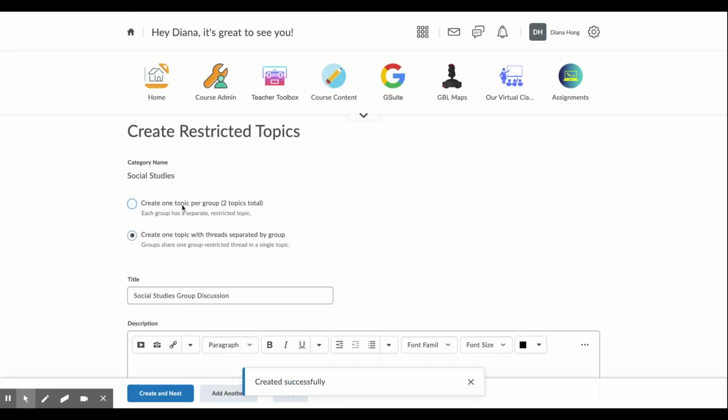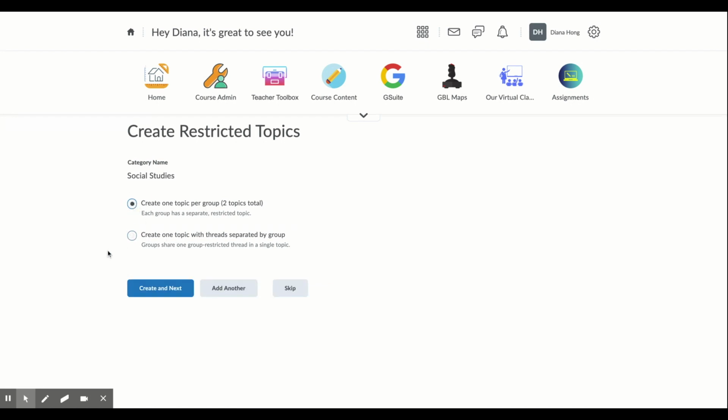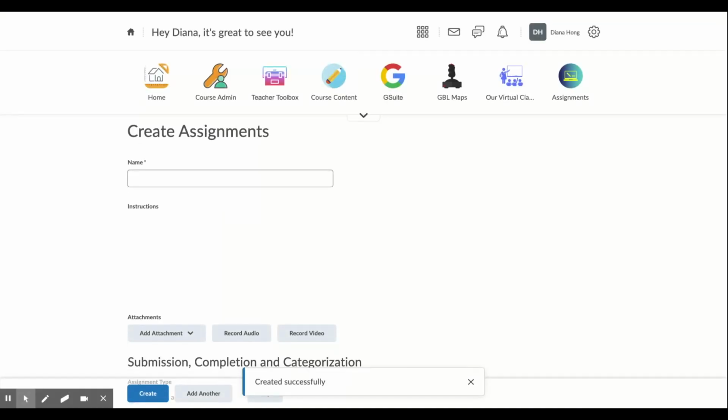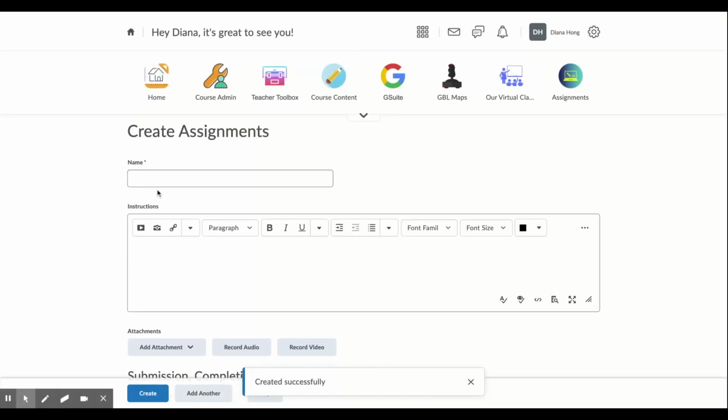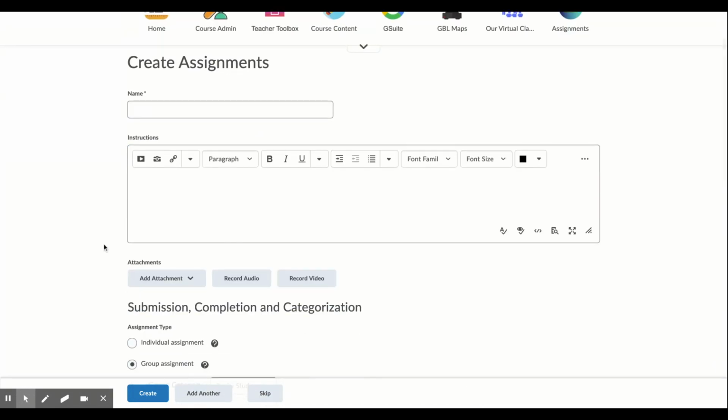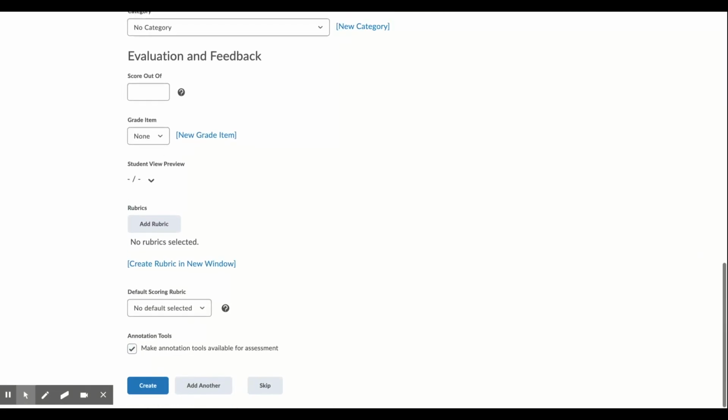We're going to create one topic per group. You don't want the 2 in the same group. So there we go, create and next. This is for discussions. And then create assignments. I don't necessarily have an assignment I want to create right now, but if you did, you can do this here or you can do it later. So I'm just going to skip